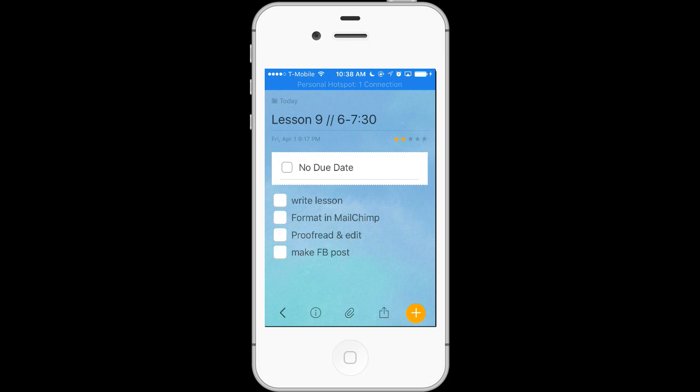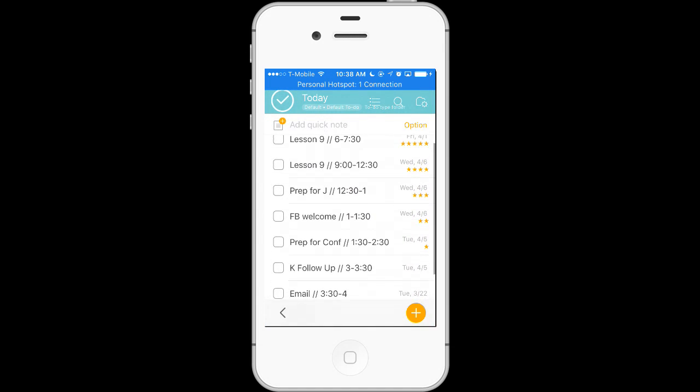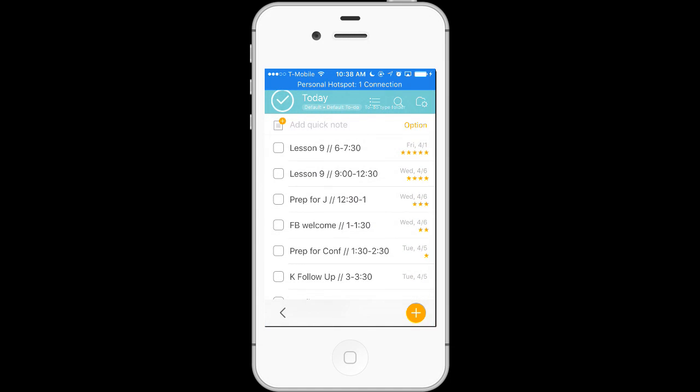So I know this is going to be something important that I want to do at the beginning of the day, so I'm going to tap 5 stars because I want it to rise to the top of my list. And now inside the course we talk about how to break your items down by starting each item with a verb. So what I do is on my main list, you'll see sort of broad to-do items, but